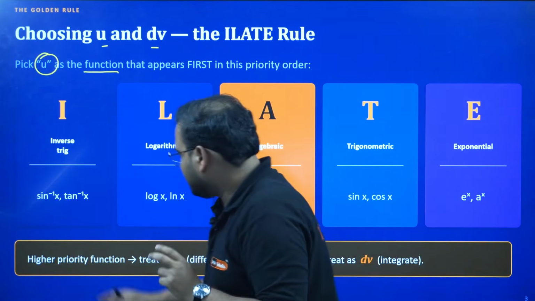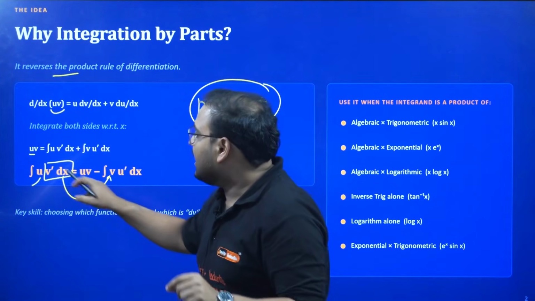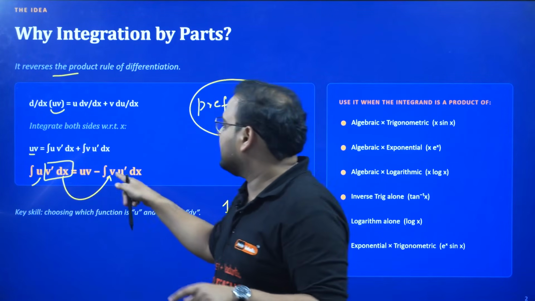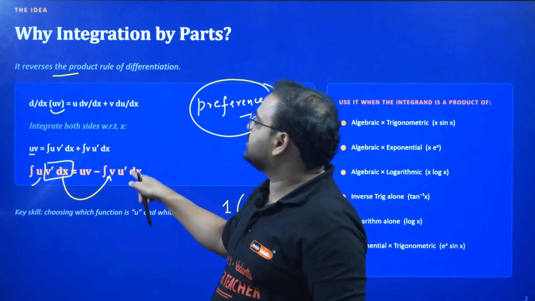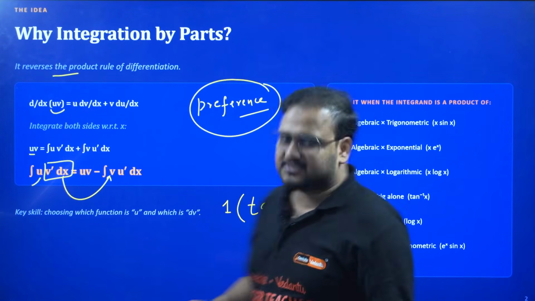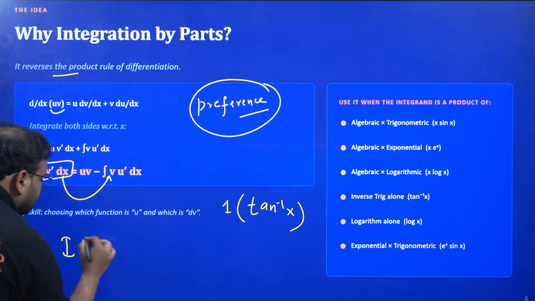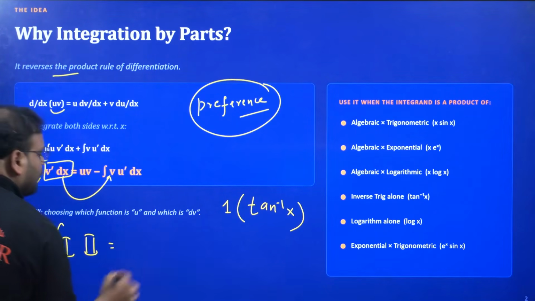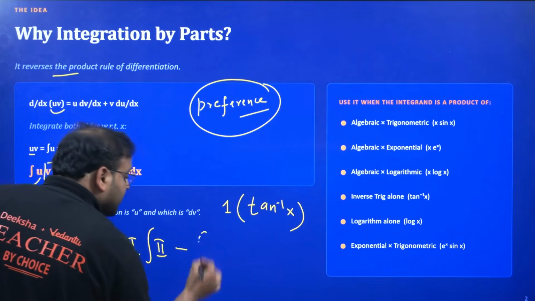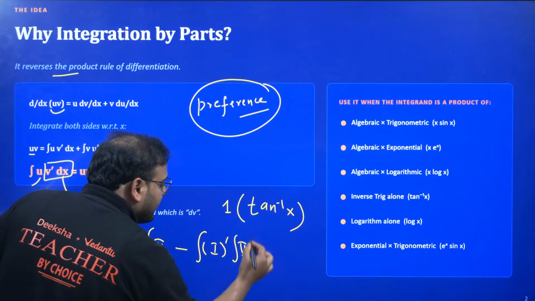So if you look at the formula over here, if my first function is u, I'll keep it as it is, and integrate the second function which is v dash, then again minus, differentiate the first function which is u dash and integrate the second function, and take the whole integration again. So if I have to simplify this in the simplest way, let's try. If it is my first function and second function together, what am I going to do? First as it is, integrate the second, minus, differentiate the first and integrate the second, and their product you have to take